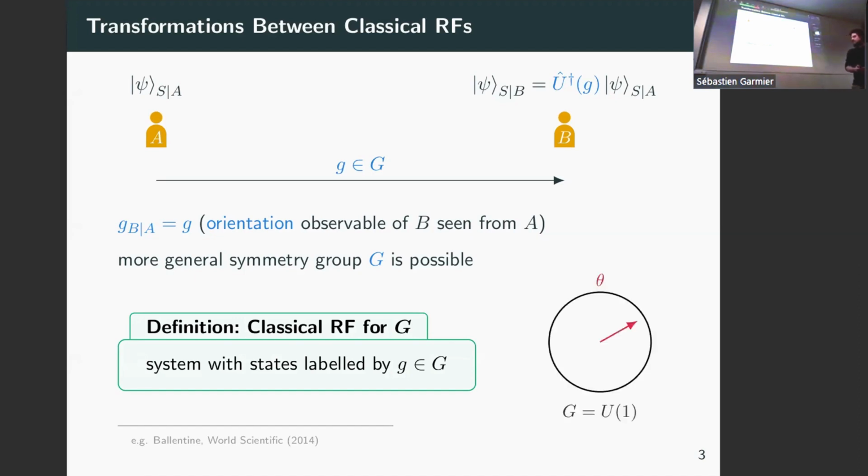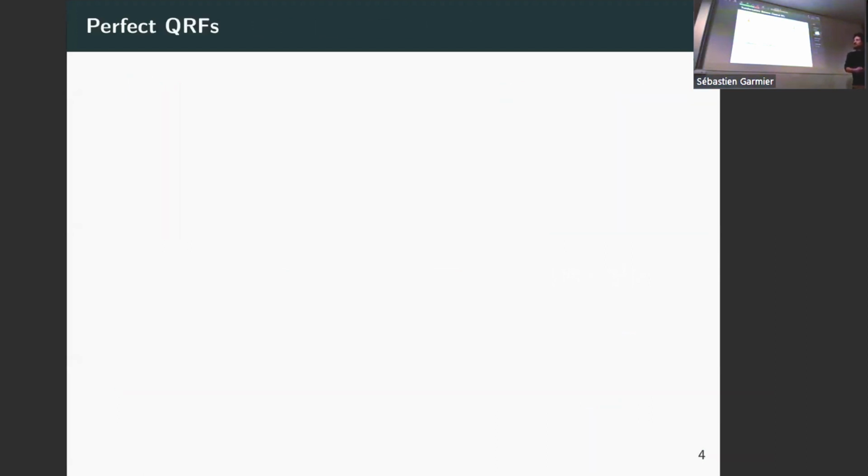Okay, so here's the example I've sketched already with my hands. This is the group of rotations around one axis, and the reference frame might be a pointer that just gives me one direction in space. The way I use this frame is by comparing the object I want to measure the orientation of relative to the frame, and then I can measure this relative angle between the object and the frame. Okay.